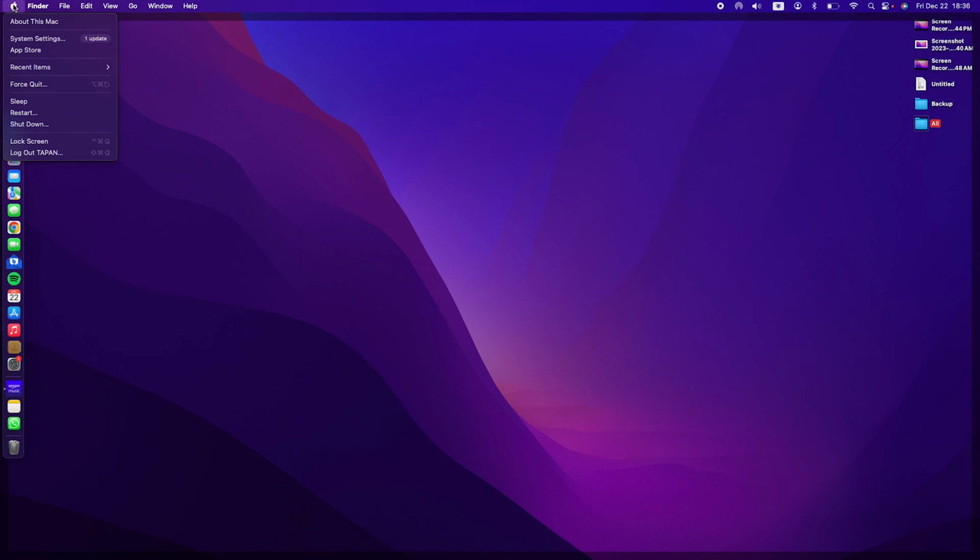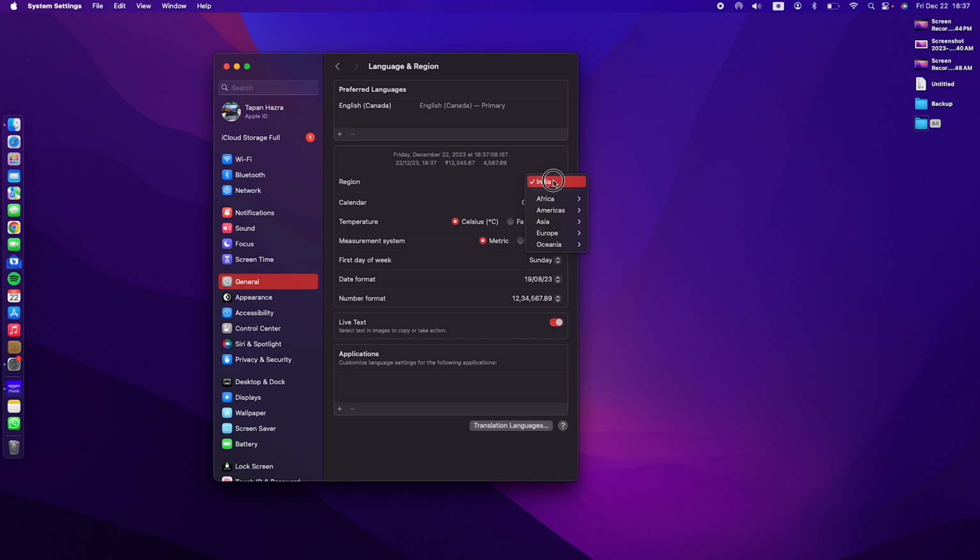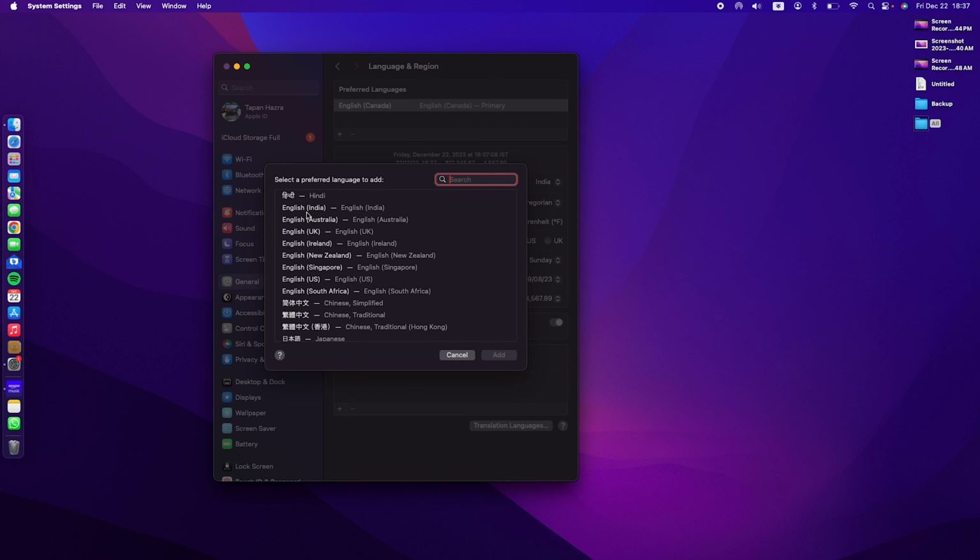Now here you will get a region option. So from this drop down list you can select your region easily, and if your language is not showing over here, then you can easily click on this plus button over here, and now from this window you just need